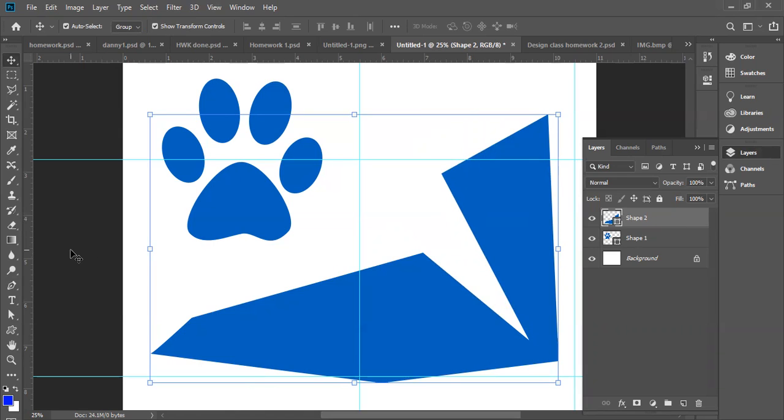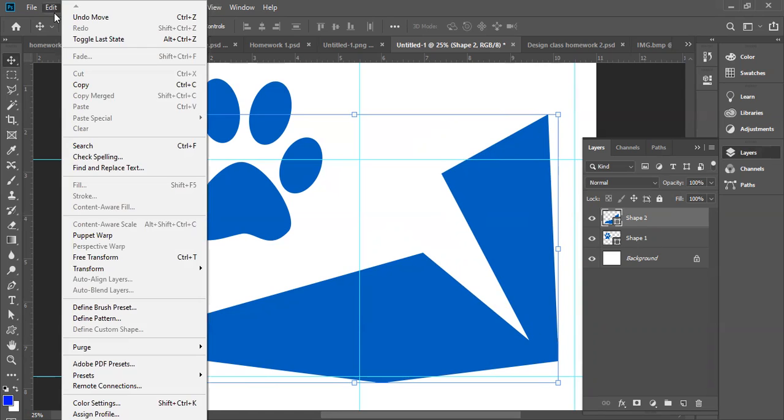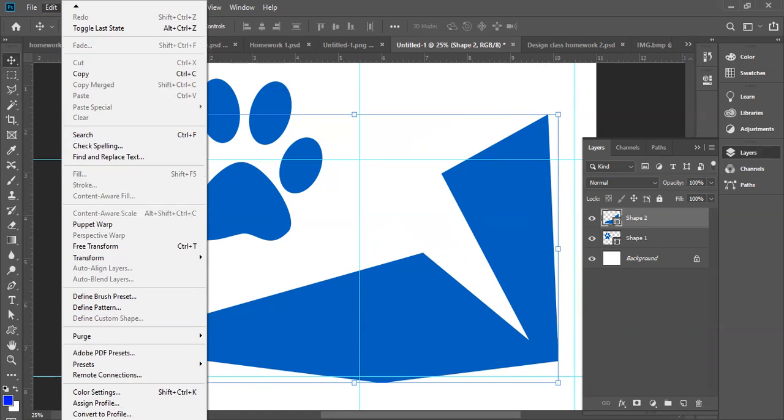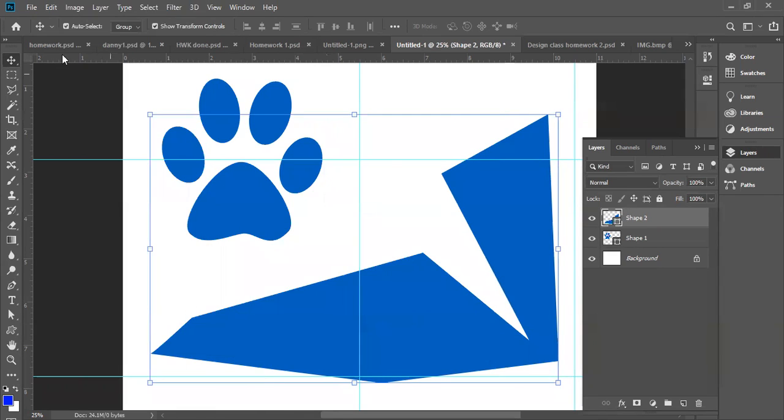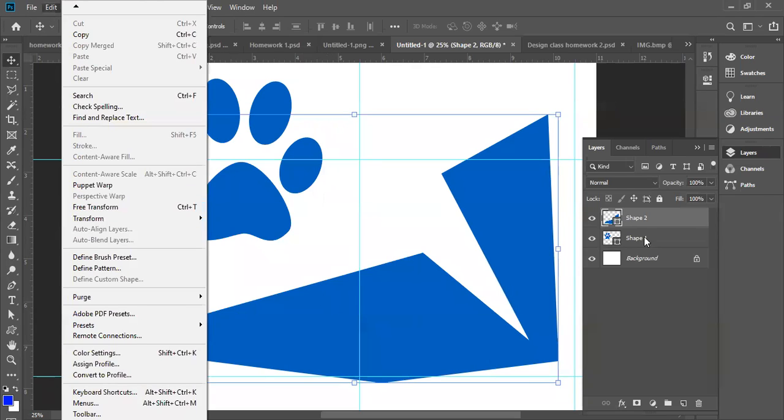Yeah, so you can save that shape in your shapes, right? Right, you can save that shape. How would you go about saving that shape? Anybody knows? Define shape. Let me see if I can remember. I have never seen shapes like that. So